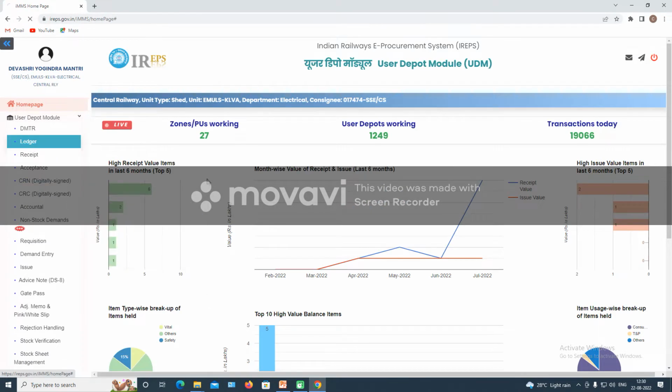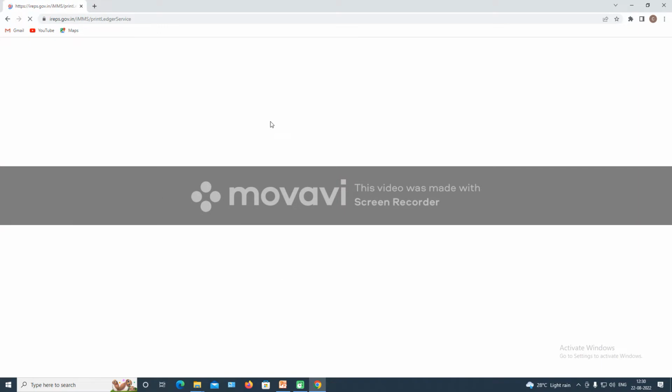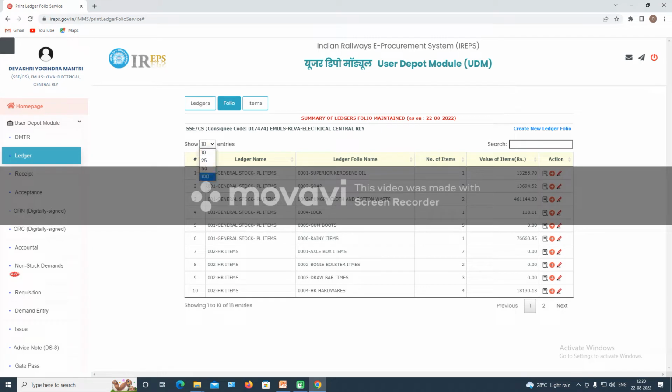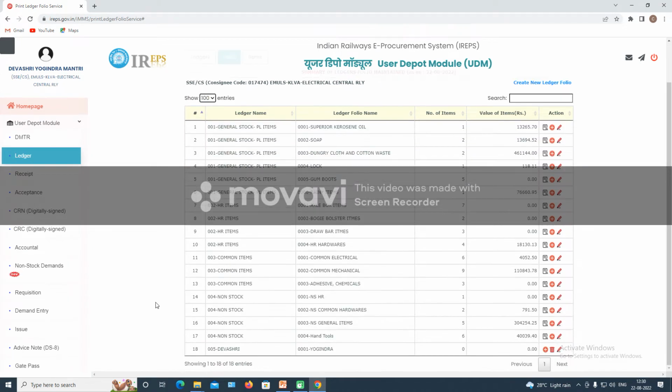Now if you go to the ledger, in the folio, you will select 100. I can see right now the ledger name as Deveshri and the folio name as Yogendra. See, there is a delete option right now here because my next part, the item,